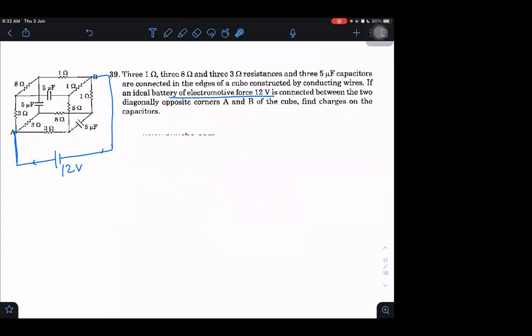You are thinking about time as if our answer will change. They are not asking to find charges just after closing and opening the switch; then we would think about such things. They are not asking just after, and the word is also not used here. So when they are asking for charges, we have to find the charges even if it is a long time afterwards.